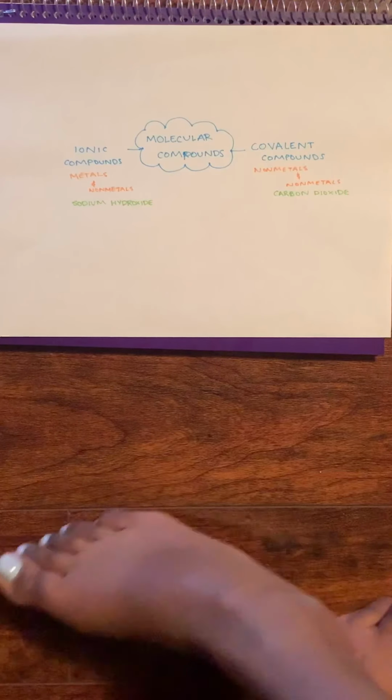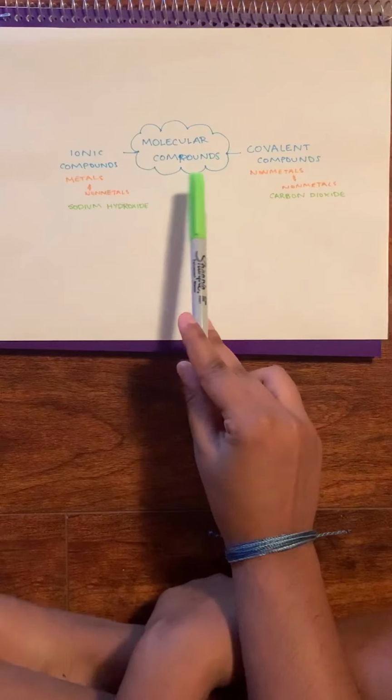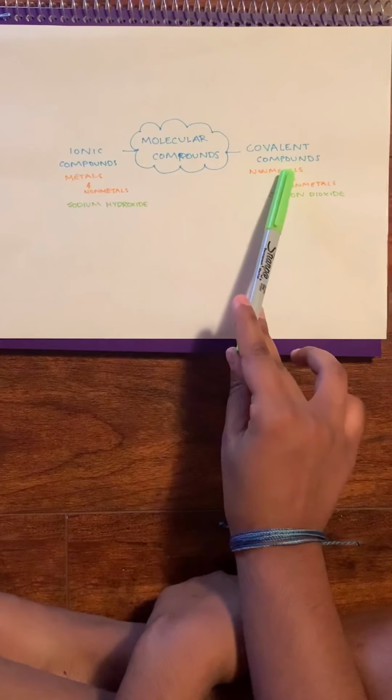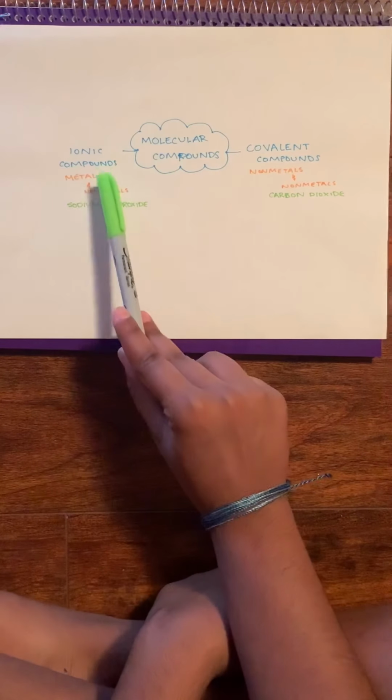I will be explaining what a molecular compound is. There are two kinds of molecular compounds, ionic compounds and covalent compounds. The difference between the two is that ionic compounds include